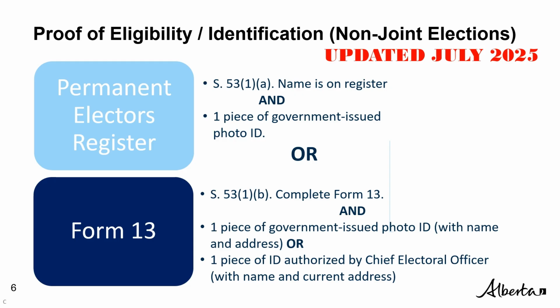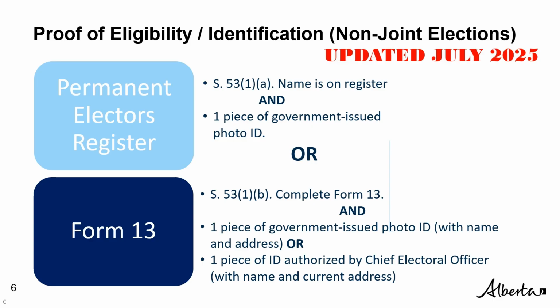First, in elections for municipal candidates only. If the elector is on the Permanent Elector Register, or PER for short, and their current address matches their government-issued photo identification, they do not need to fill out and sign the Statement of Elector Eligibility at the top of Form 13. Returning officers may still wish to consider having these electors complete the statement because the administrative portions of the form will still need to be completed by the deputy returning officer for each voter. However, this decision would ultimately be up to the elector in these cases.